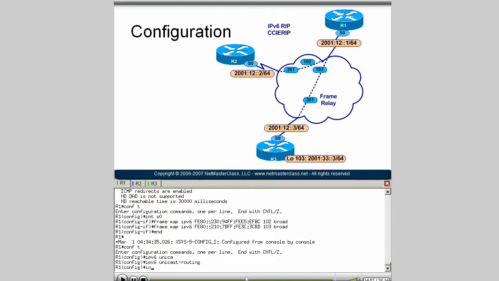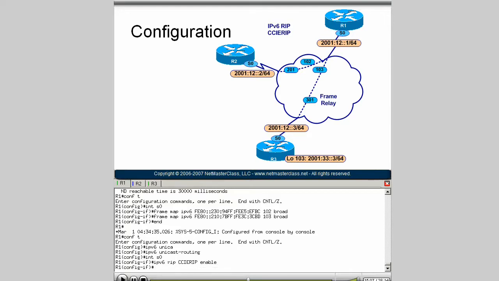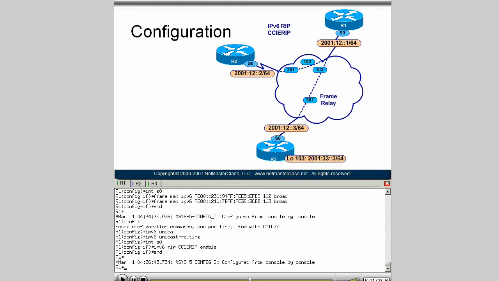Now what we'll do is, under the serial interface, we will turn on RIP. IPv6 RIP CCIE RIP is the tag that we want to use, and then we say enable. That is how we can, in one step, enable the protocol on the interface and create the appropriate global configuration command. If you look in the running configuration, if I say show run